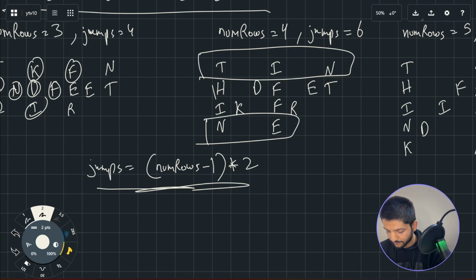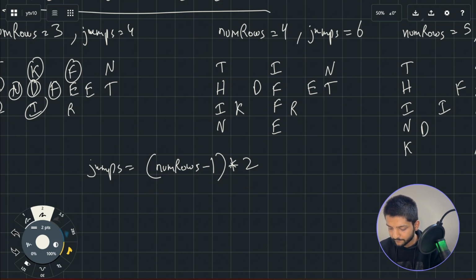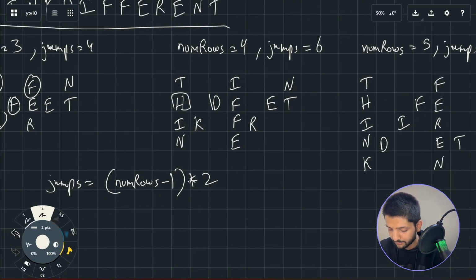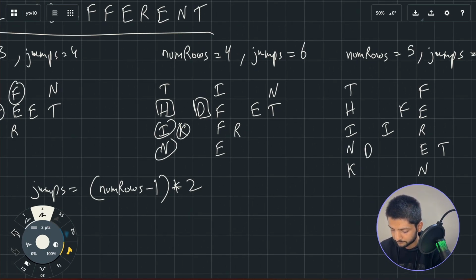And for that, we'll see that the pattern is, if I have to get from H to D, again, let's see how many skips I have to make. So 1, 2, 3, and then the fourth character is the one that I need. So we can say small jump equals 4. Similarly, if I'm at I and I have to get to K, then I make just 1 and then the second character is K. So small jump